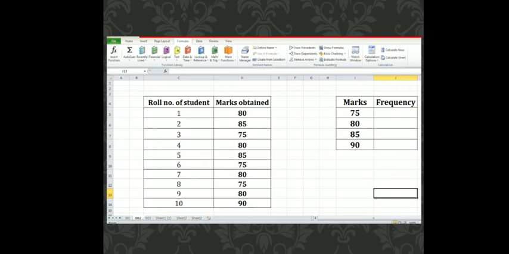The frequency column shows the number of students with a particular mark. Now fill the marks column as per your requirement, as I have already filled the marks column with 75, 80, 85 and 90.